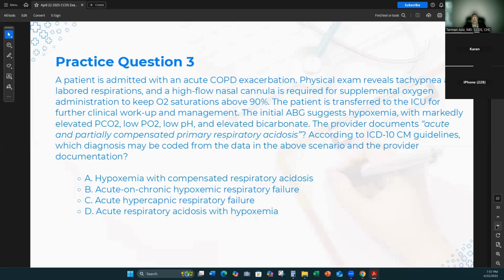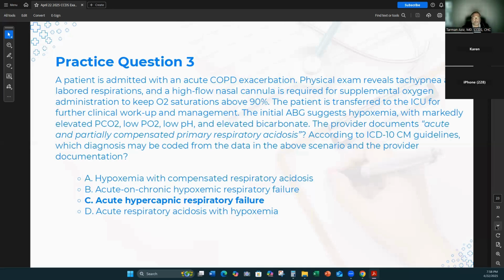I'd probably pick B, and I believe the respiratory acidosis is not the same as acute respiratory failure. It would code as that also. It would code as it, but it would be hypercapnic rather than hypoxemic. Even though there's hypoxia clearly present, the equivalency between acute primary respiratory acidosis is acute hypercapnic respiratory failure. So you're close, even though clearly there's some hypoxemia ongoing as well.